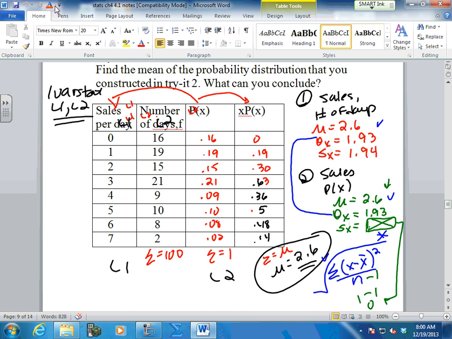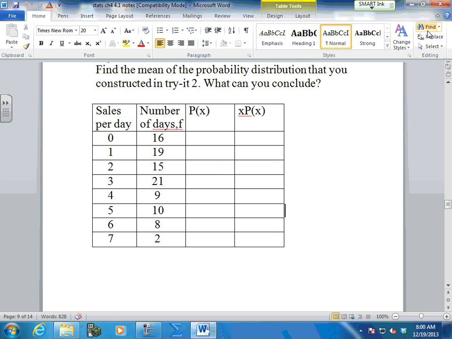Okay? Now, from here also, you can take this and you can make your probability distribution. Your probability distribution is a graph. And in this case, it would be like your relative frequency graph. So if I'm looking at these guys right here,